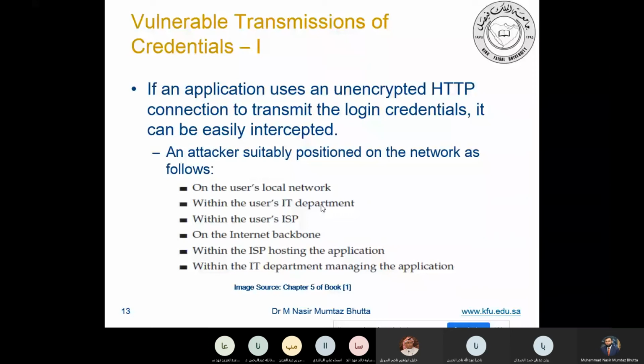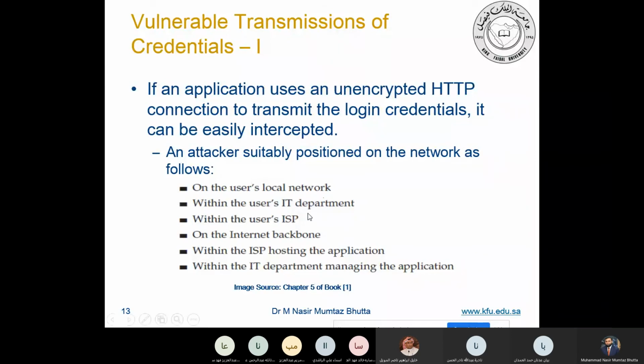The university takes internet services from other companies like STC, Zain, Mobily. So our data from the university goes to the ISP, the internet service provider. If you have access there, you can apply your proxy in their network to see our traffic.